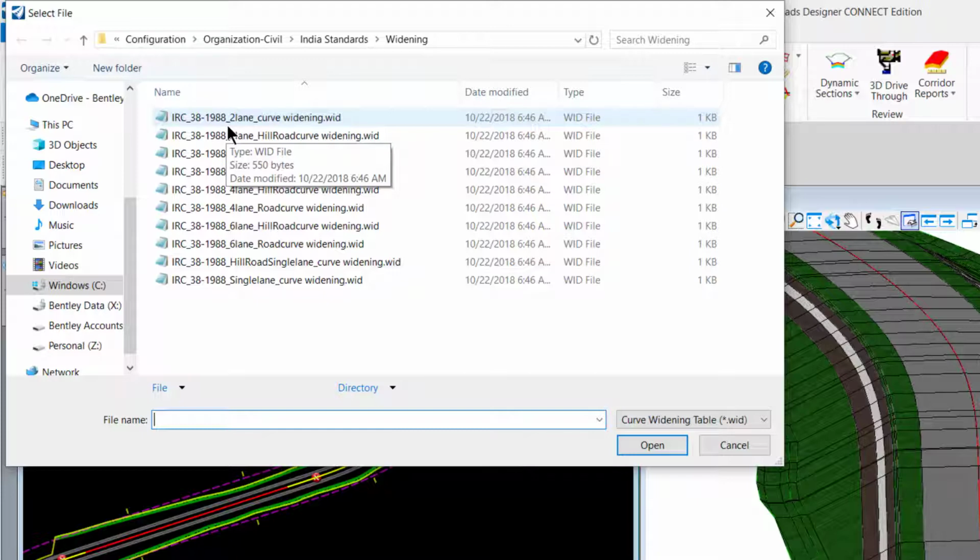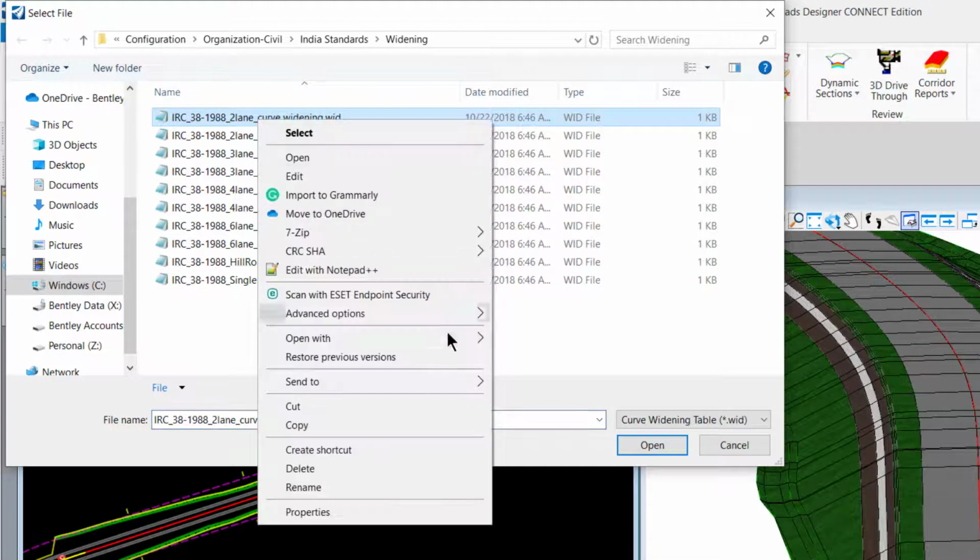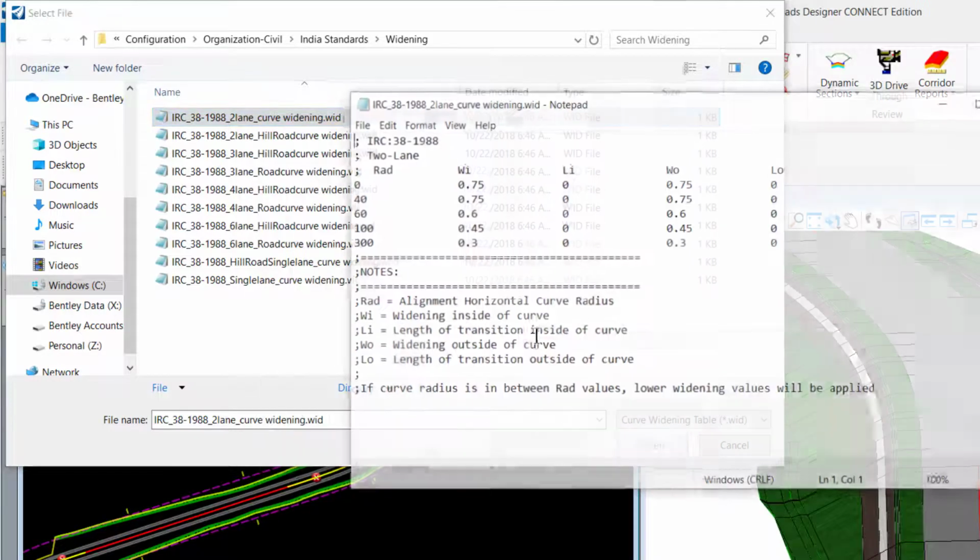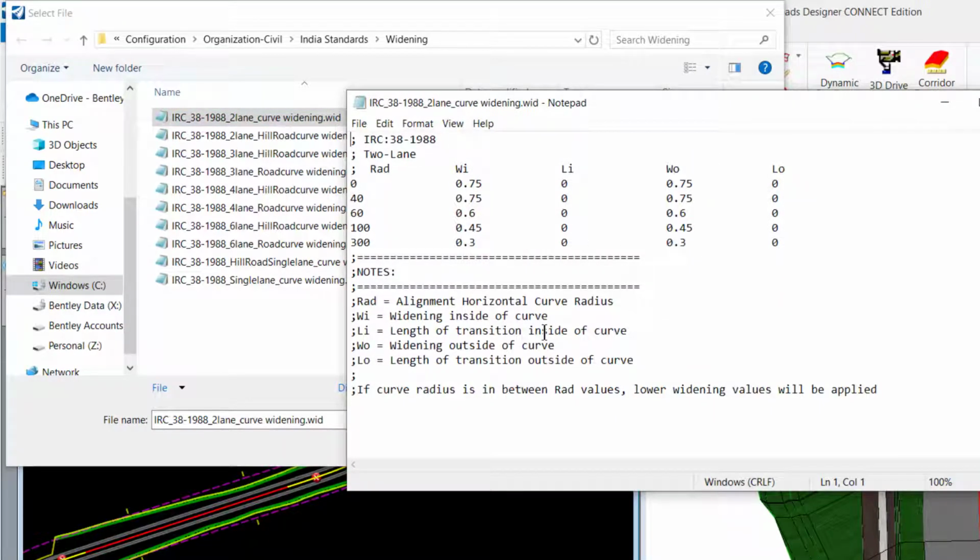In OpenRoads Designer, curve widening is assigned using this type of file format, that is the WID file format. In order to view what values are being assigned in any of the standards created here, you could just right click and open with any text editor, which has the table for the radius, widening of the inner and the outer curve, and length of the transition for the inner and the outer curve.